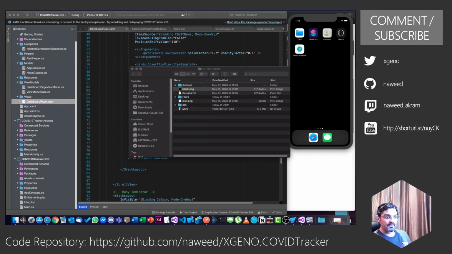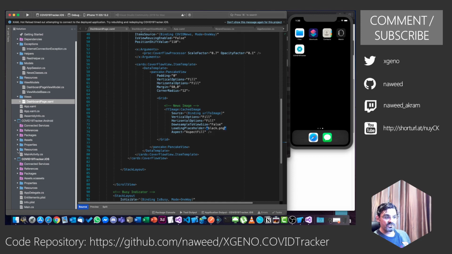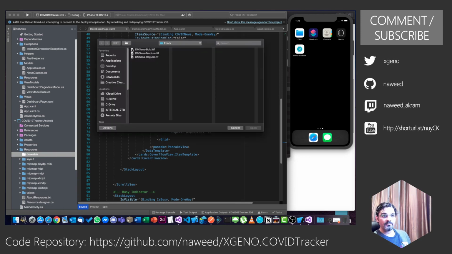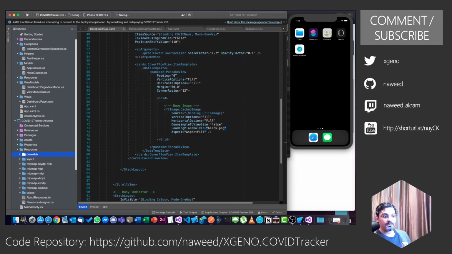So we can simply go and add it to our projects under resources, under drawable in Android, existing files. I am going to add it from my desktop, go with project black, copy this.